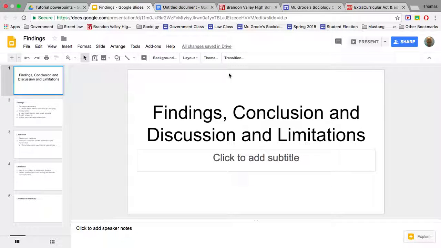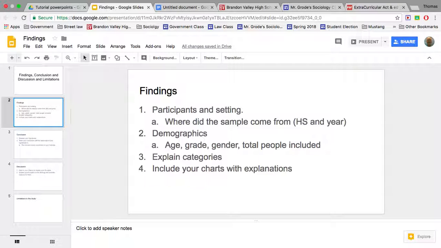You've done your research, you've conducted your surveys, you've analyzed your data, you've made your charts. Now it's time to finish your paper. First of all, we're going to include in the findings a number of things. We want to tell the reader where these participants came from. So you need to include the setting, Randall Valley High School, and the participants,